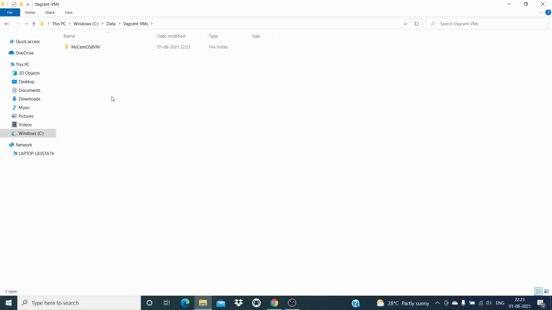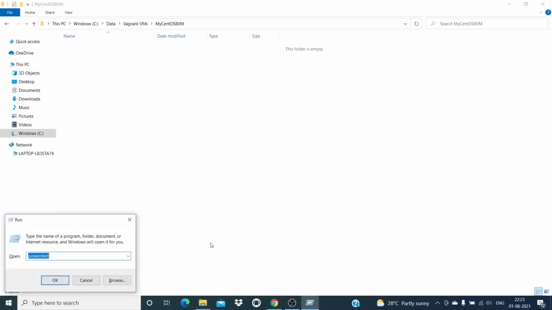I create this directory name because it should correspond to the name of the virtual machine you want, and here we are going to run this command inside. How to do that? Just copy the path,